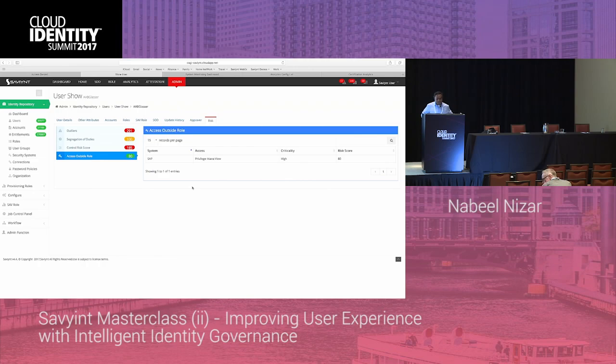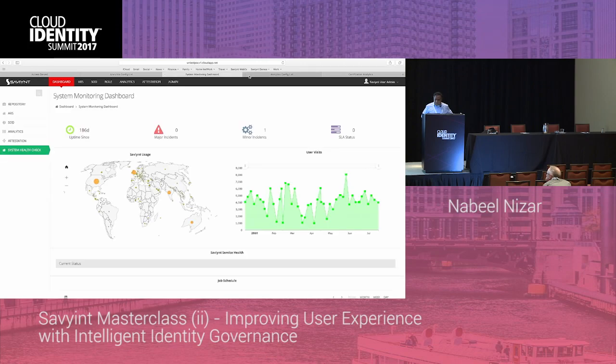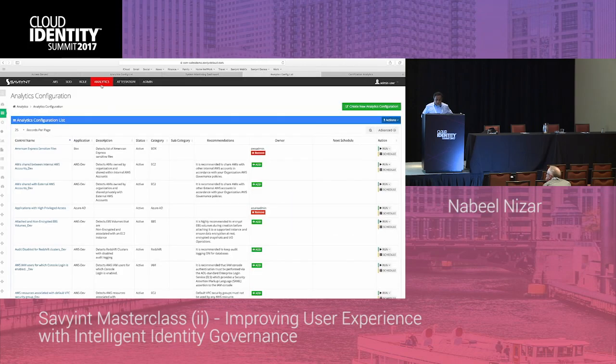Absolutely. That's a good question, because a traditional SQL database backend for IGA solutions is not going to scale with this data, right? So what you want to think about, again, we provide IGA as a cloud service. On our back end, we're using Elasticsearch for our recon, and Hadoop is our long-term storage for all the analytics data. So if you wanted to bring in things like, it's a very good question, by the way. So if I wanted to come back and say, I would like to run an analytics